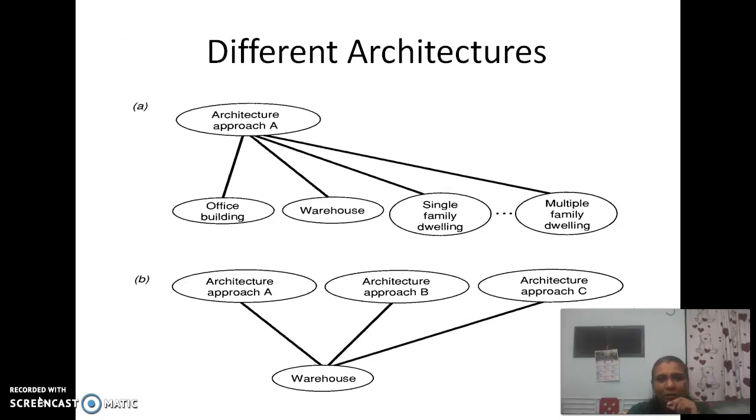So now looking into different architectures that a particular project can take on, there is architecture approach A, wherein a particular architecture can be used for an office building, it can be used for a warehouse, it can be used for a single family dwelling, that is a single bedroom house, or it can be used for a multiple family dwelling, we call it a multiple bedroom house. But